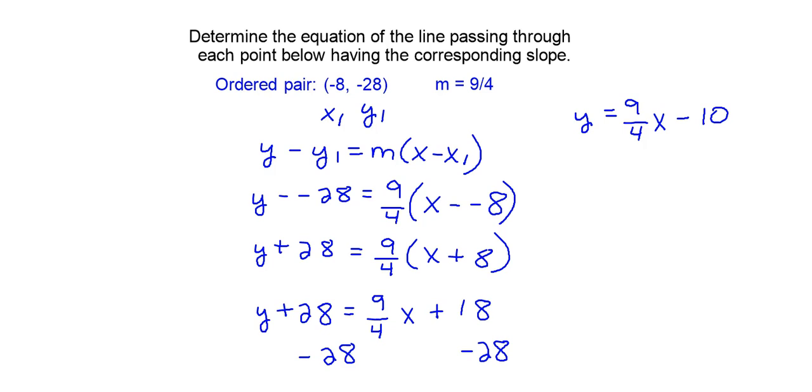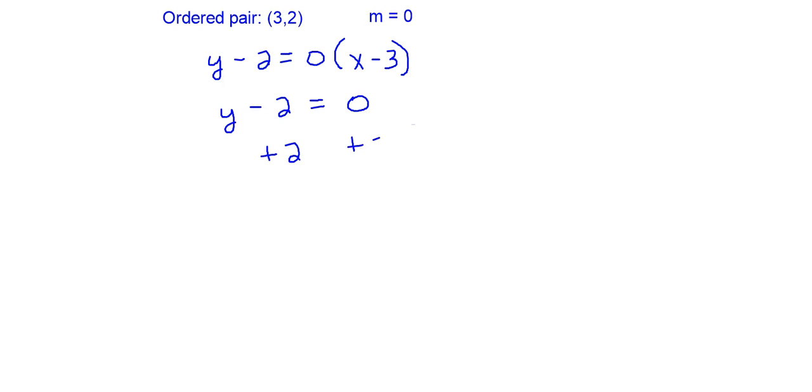Let's look at a different example. Let's say we have a point at 3, 2 with a slope of 0. We can also use the point-slope formula here. We would say y minus 2 is equal to 0 times x minus 3. The 0 distributes to the x and to the 3, so it just becomes 0 on the right. So this is y minus 2 is equal to 0. If we add 2 to both sides,